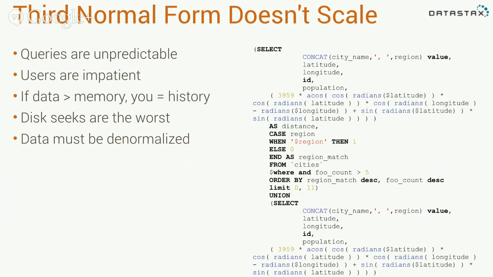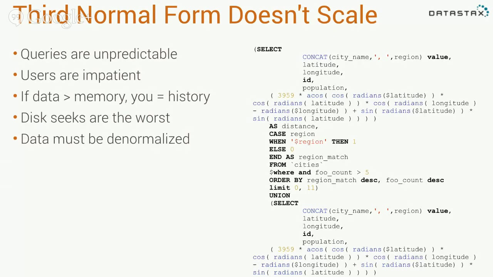The next thing that you notice is that third normal form does not scale. This is one of those things that you hit almost right away when you're developing a system that's under load. And the problem is that queries are unpredictable. And they take longer. The more disk seeks you have to do, the longer the queries take. And if the amount of data that you have, your hot data, is bigger than the amount of available memory, then it's also a problem because you're going to constantly go to disk, and you're constantly going to be paying that disk seek penalty, which is typically 5 milliseconds at the absolute best, all the way up to 15 milliseconds.